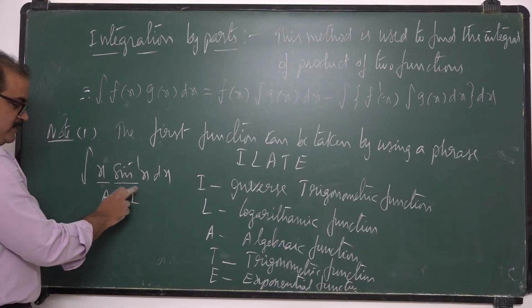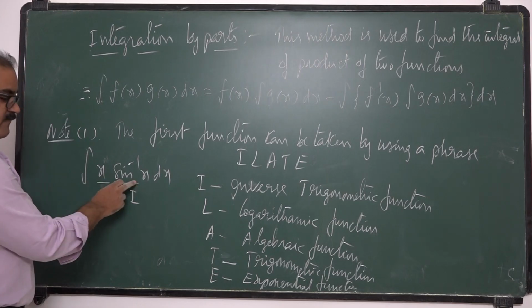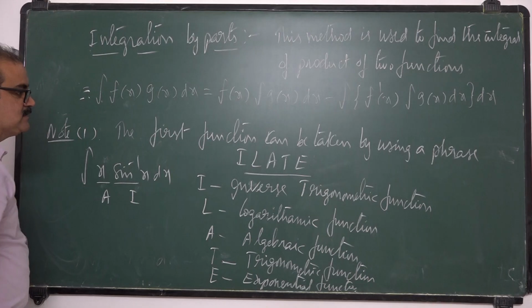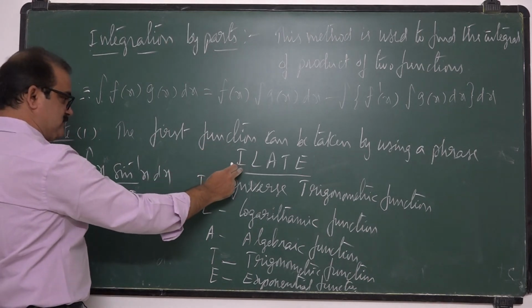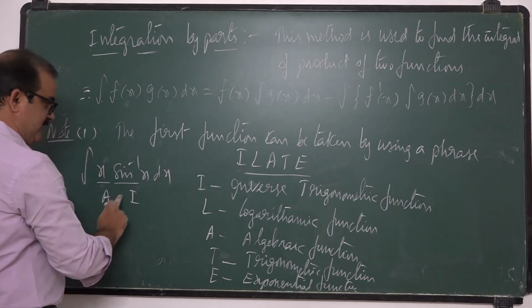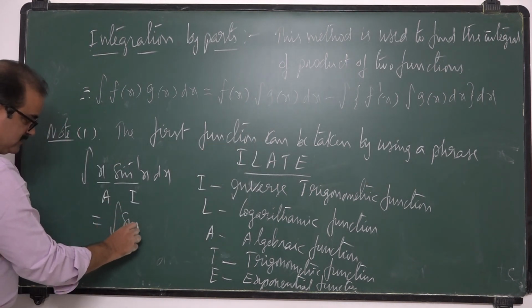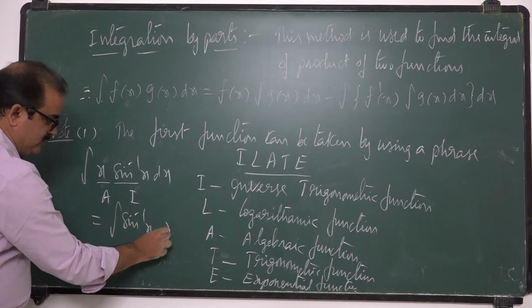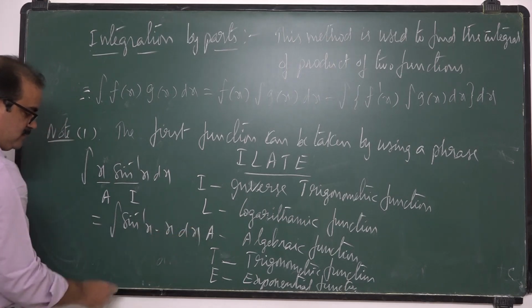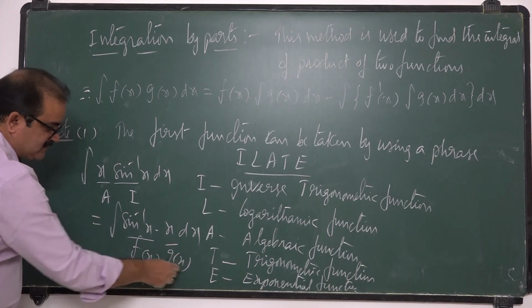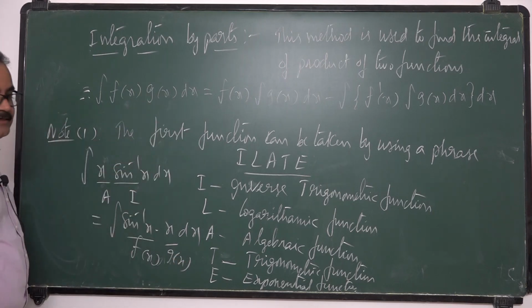But by using this order, we can't find the integration directly. From this phrase, which is taken as the first function, I, next we take A. So write this product as sin inverse x into dx. Take this as f of x and take this as g of x and apply this formula directly, we get